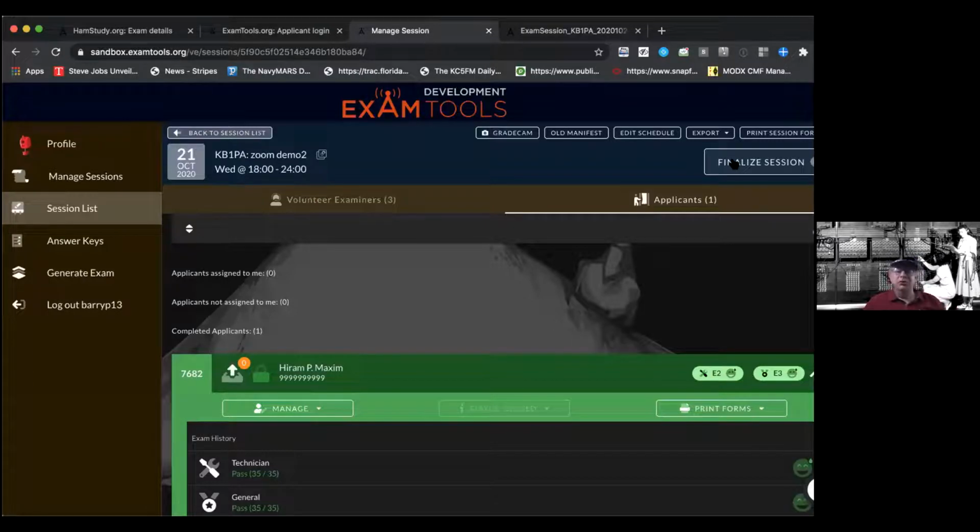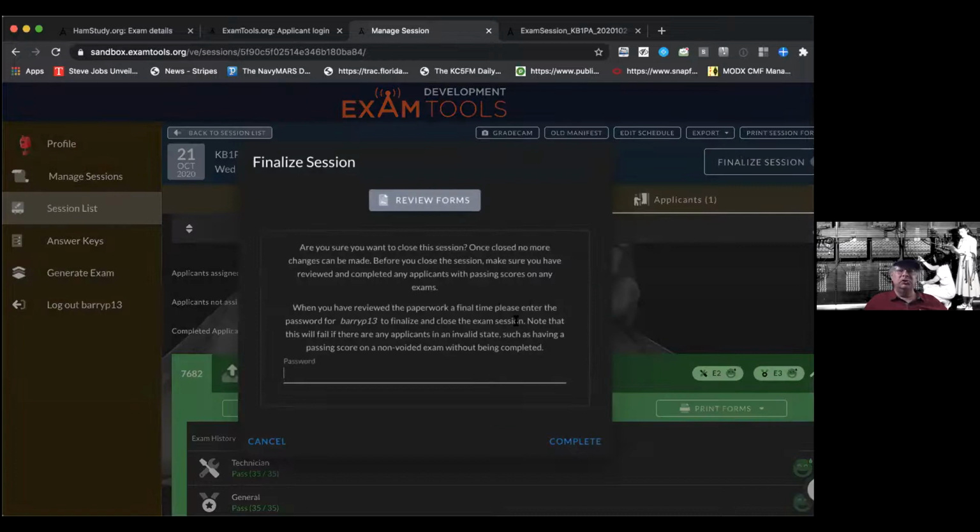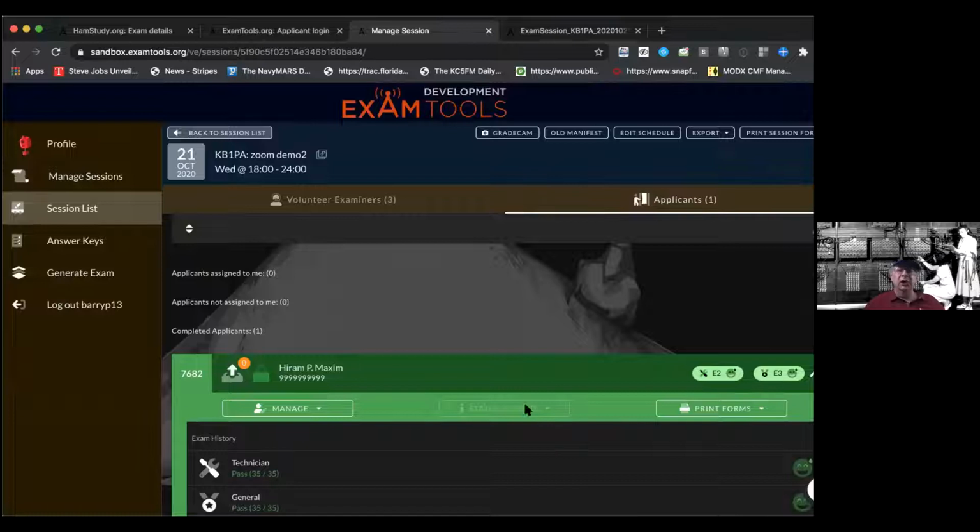And then once everything is ready and the VEs are all ready to finalize session, be sure you review all the forms, put in your password one more time, and mark it as complete. And everything is done, and you can go home. And that's basically everything that you want to do with an exam in quick order, of course, but